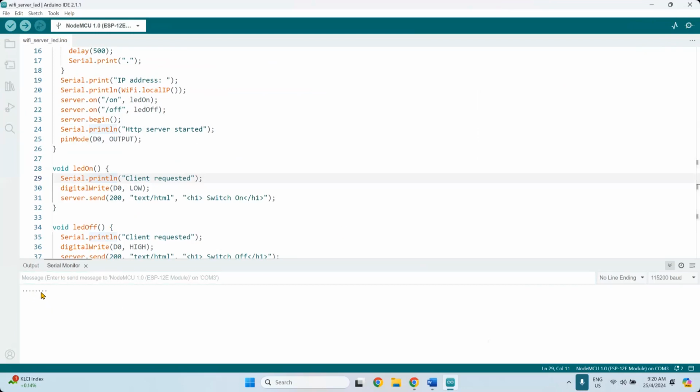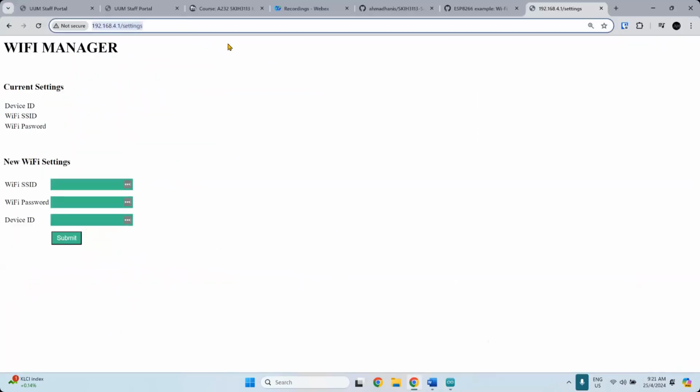Okay, so let's try to connect to UM Wi-Fi guest. Okay, so we got the IP address. So this is the address that we're going to use. I'm going to copy this and I'm going to put it into my browser. So if I just put it like this,